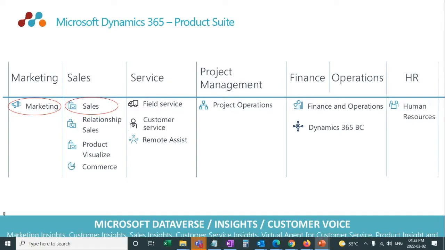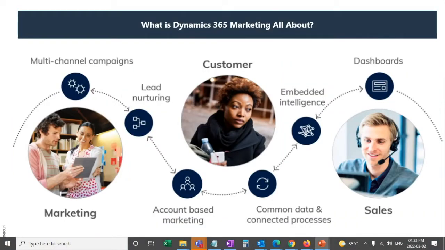Having said that, we'll move ahead and start with marketing, because from a prospect perspective, any information that the prospect gives to your marketing team, the marketing team would be nurturing. It will be nurturing the leads created for those prospects. And once these prospects are in a sales ready stage, they will be handing over those leads to the sales team so that the sales team can further interact with the prospects